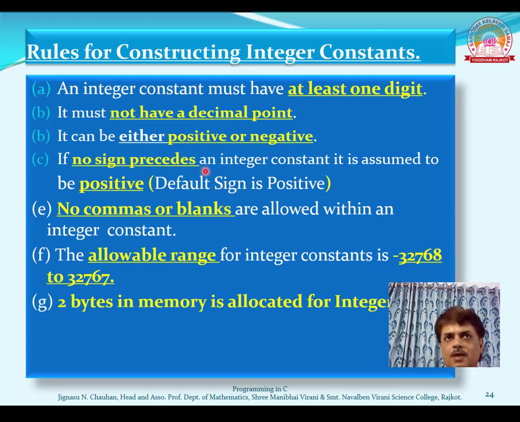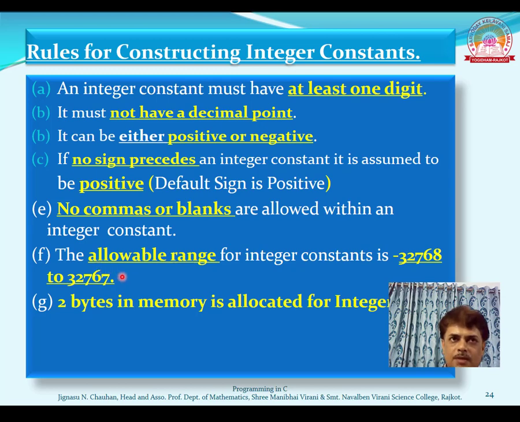We will use this word default frequently. The meaning of default is, if there is no mention, there is a pre-assigned meaning to everything, and that is called default value. No commas or blanks are allowed within an integer constant. The allowable range for integer constants is -32768 to